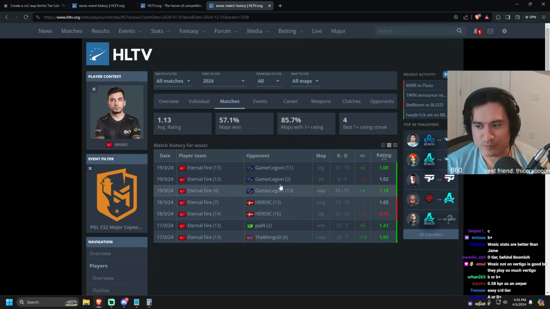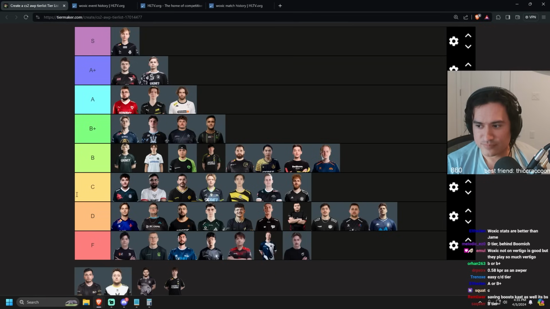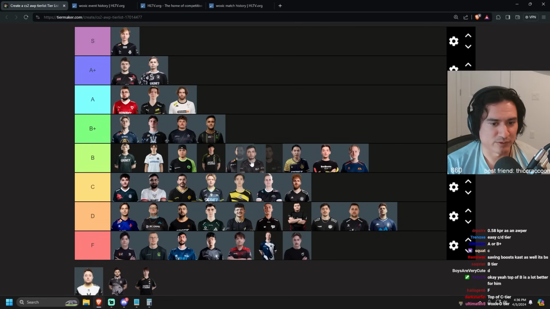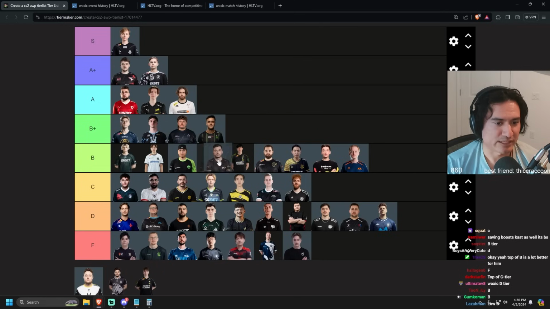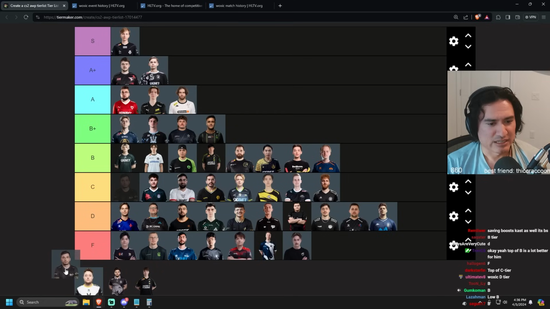What the hell? People saying A tier for Woxic? Hell no. There's literally no world that he could be in this. Looks like you got some Turkish fans, bro. Yeah, to me, it's definitely giving towards the middle of B tier. I would probably have him around the Henny area. Actually, I'd probably have him right by Henny. Do I think he's better or worse than Henny? I think he's probably better. Actually,